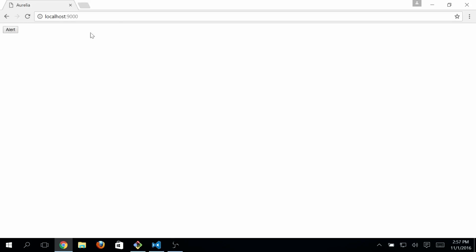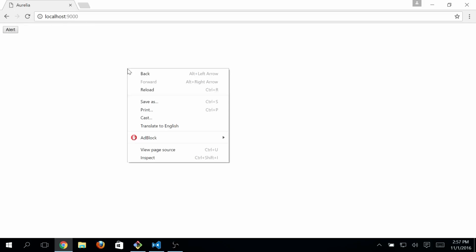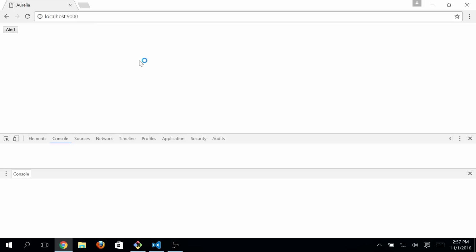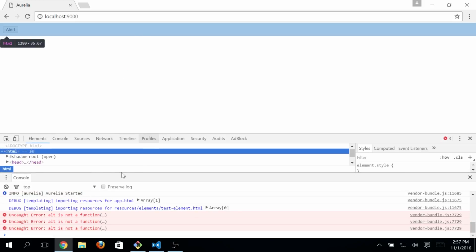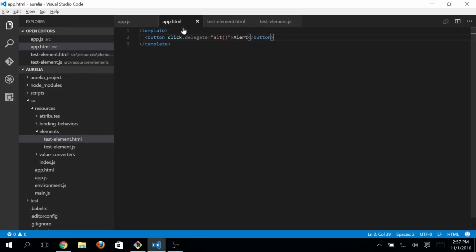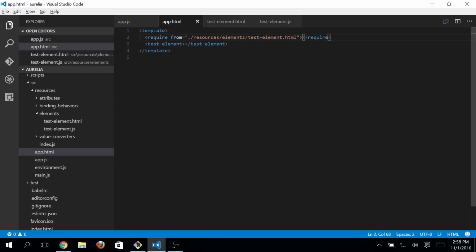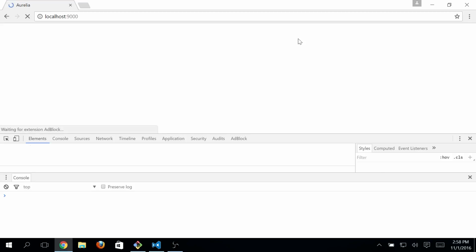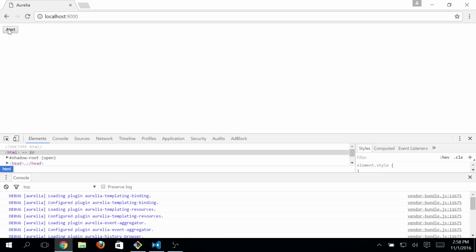So now even if I refresh the page and hit on the alert button, nothing really happens. This is one of the most common errors inside of Aurelia.js, and you can see alt is not a function. The reason it is saying that is because in the app.html we have included only the .html file. What might be the fix? Well, adding the JavaScript file? No, it is not that fix. So remove the .html extension from there, and simply refresh the page and hit on alert,